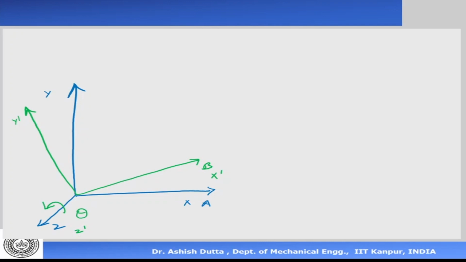Okay, now if there is a point here, the coordinates of the point are specified like this. So we call this point P, and we are defining the coordinates of the point P with reference to a frame. So I say BP is equal to U, V, and W. And similarly, there is a point P which is expressed with reference to frame A as AP, which is defined as X, Y, Z. Now, what does AP mean? It means X, Y, Z is along the axes of A. Okay, so X, Y, Z is with respect to A. So what is X? X is the projection here, and Y is there, and Z is in the Z direction. So this is my X axis, that's my Y axis.